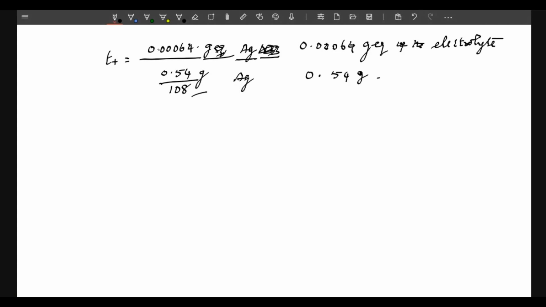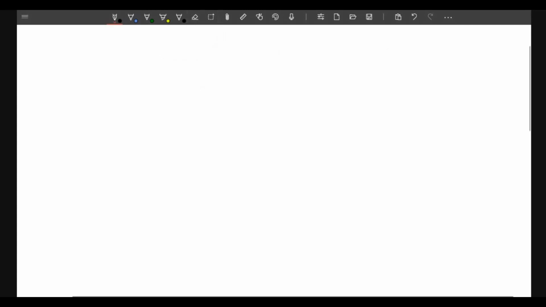Please keep it in your mind. Okay, take down the next problem. In an electrolysis of copper sulfate using copper electrode, underline this one, it's an active electrode,